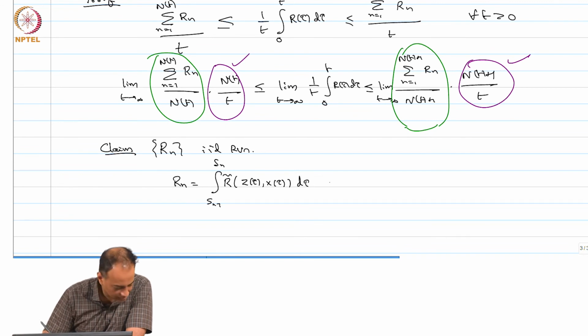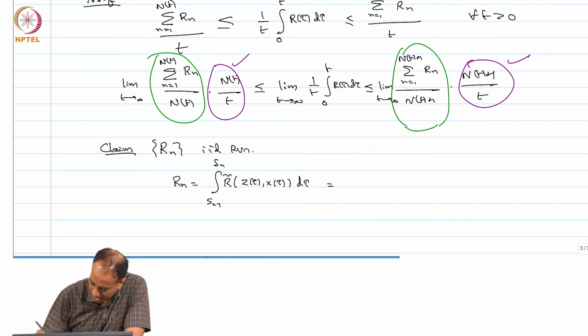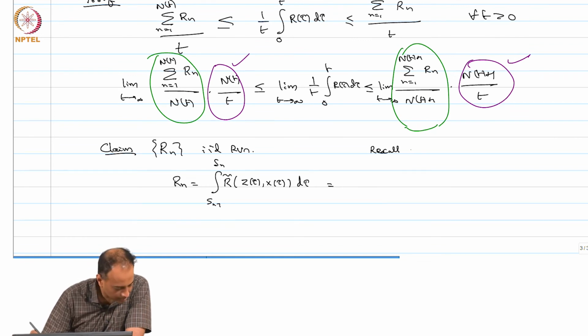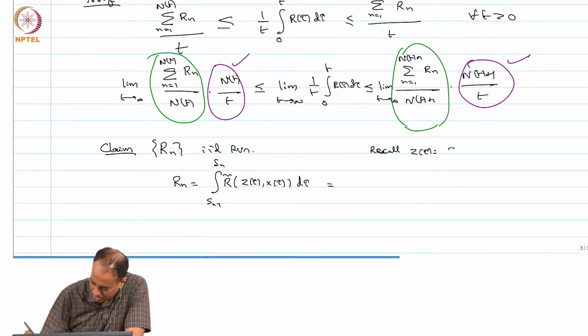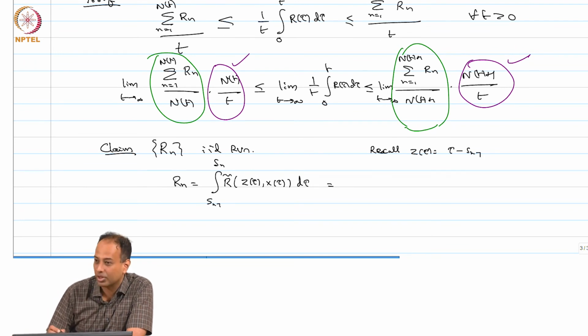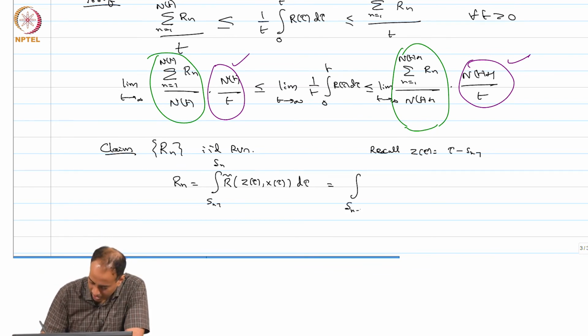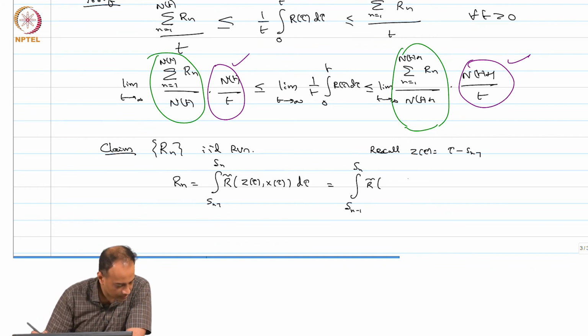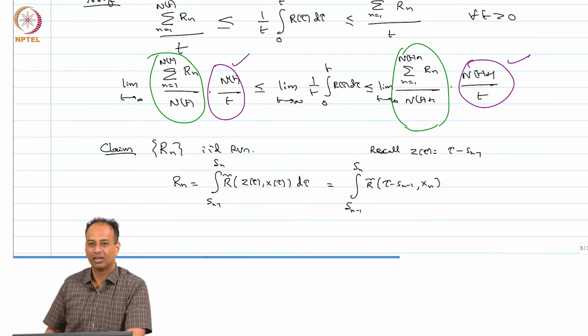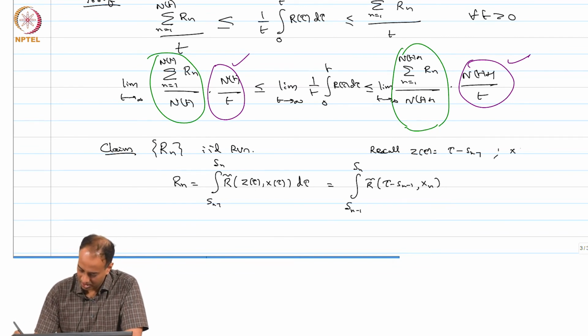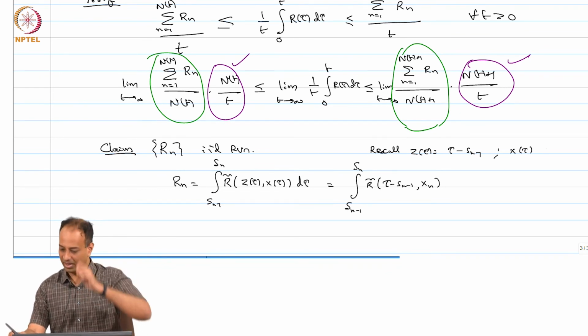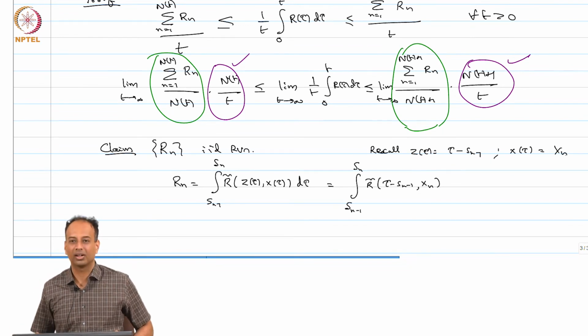So, remember that we call z of tau equal to tau minus Sn minus 1, I am going from Sn minus 1 to Sn, right. So, z of tau will be tau minus Sn minus 1, correct. I am looking at the nth renewal interval, correct. So, this will be the integral from Sn minus 1 to Sn of r tilde of tau minus Sn minus 1, comma, the age, which will be Sn minus Sn minus 1, which is xn, correct. So, x tau, because this tau is sitting in Sn minus 1 to Sn, will simply be that particular xn,